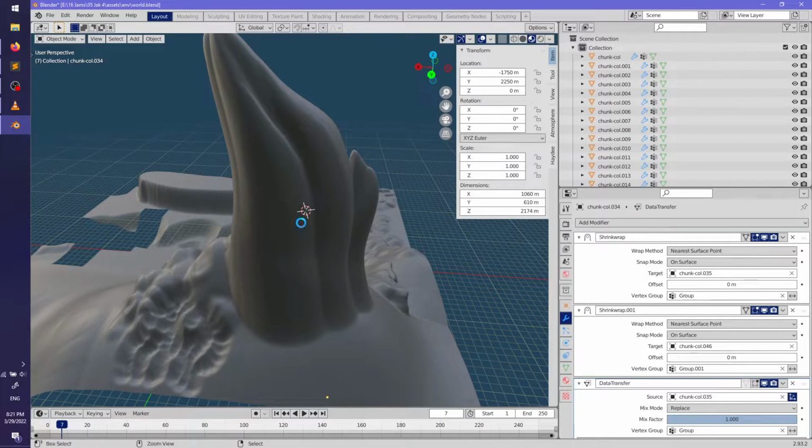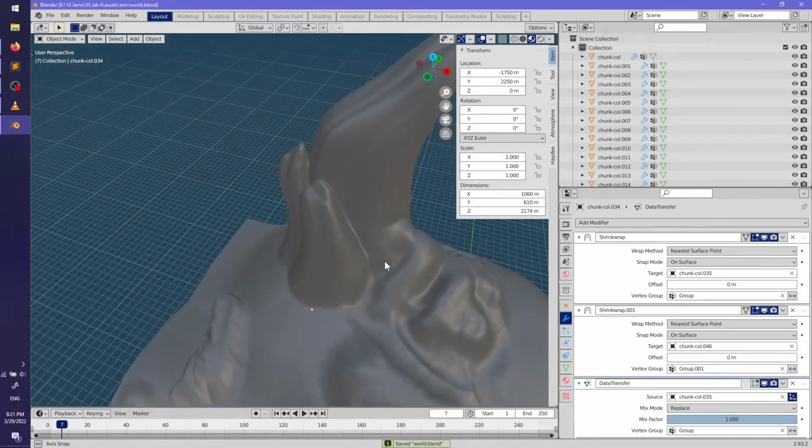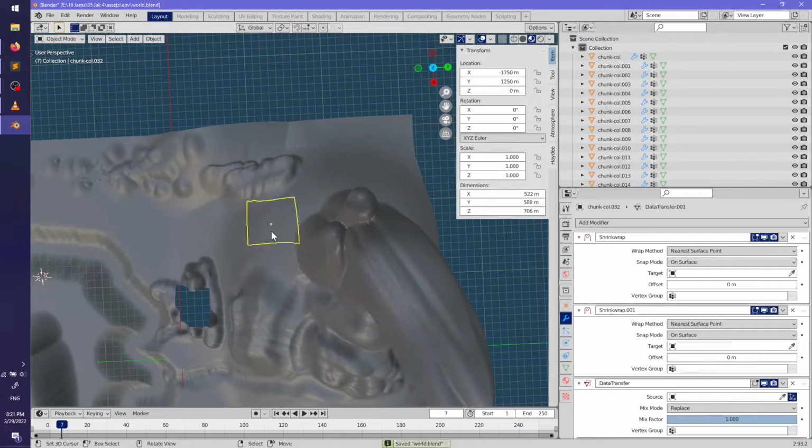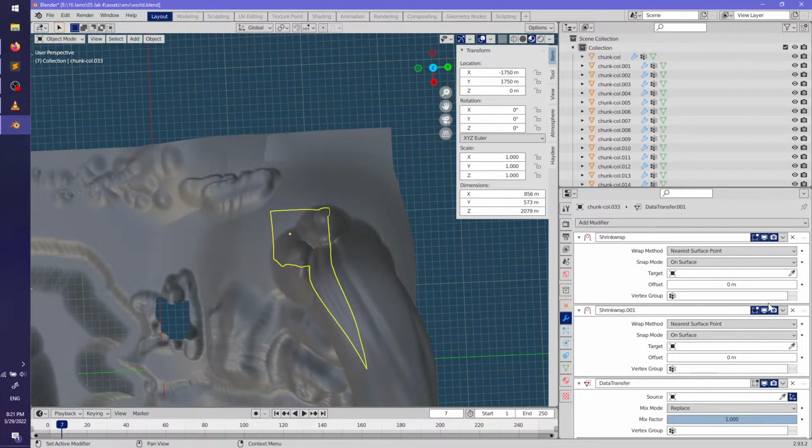I'm still gonna call it God's tongue, though, because that's cooler than, like, funny little dolphin mountain.